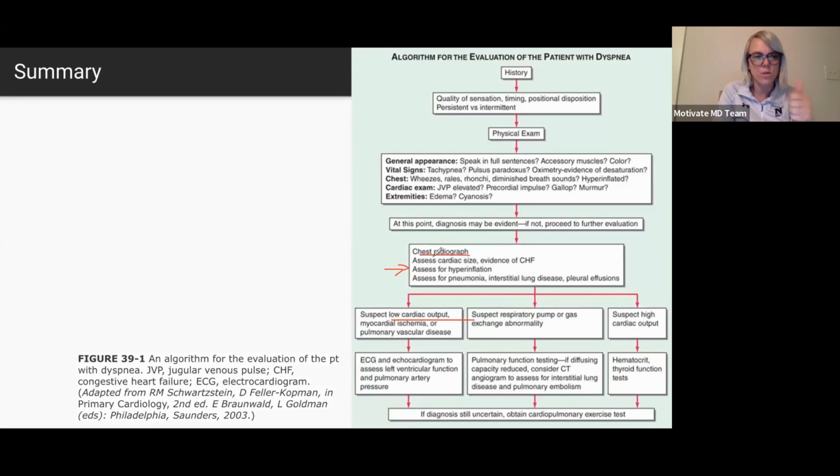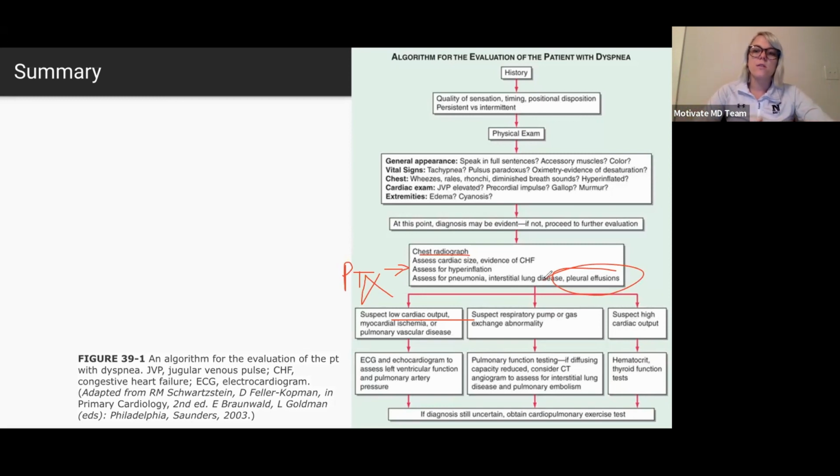But what we did see is acute shortness of breath in somebody that was otherwise well, pointing us in the direction of a pneumothorax. And sometimes you might see it abbreviated like this, PTX. But remember, this could have gone a lot of different ways. We could have gotten that chest radiograph and seen a lot of fluid, which pointed us in the direction of a pleural effusion, which is fluid around the lungs. And when we have fluid in the lungs, that might point us in the direction of cardiogenic versus non-cardiogenic pulmonary edema. So this could have gone a lot of different ways.